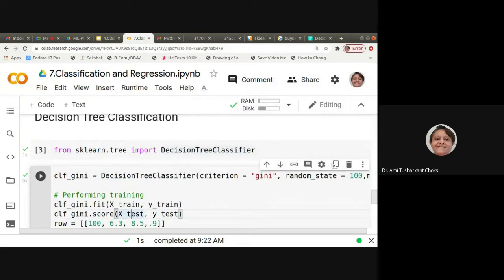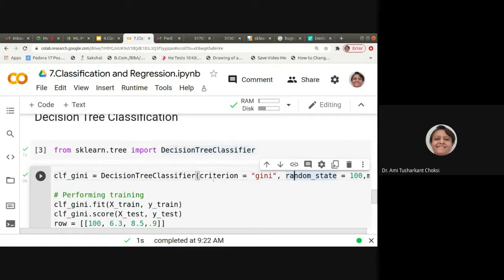So here what we have provided is DecisionTreeClassifier, criterion is equal to gini. We know that we have information gain as one parameter, and the second one is the Gini index, right? With which we decide which attribute will be considered for splitting, isn't it?